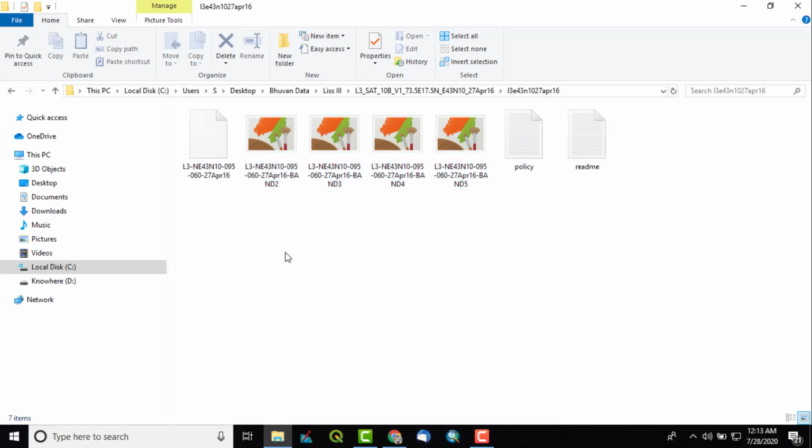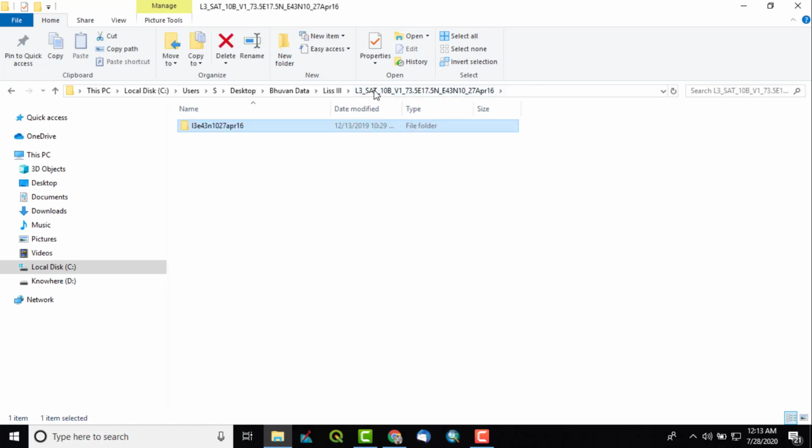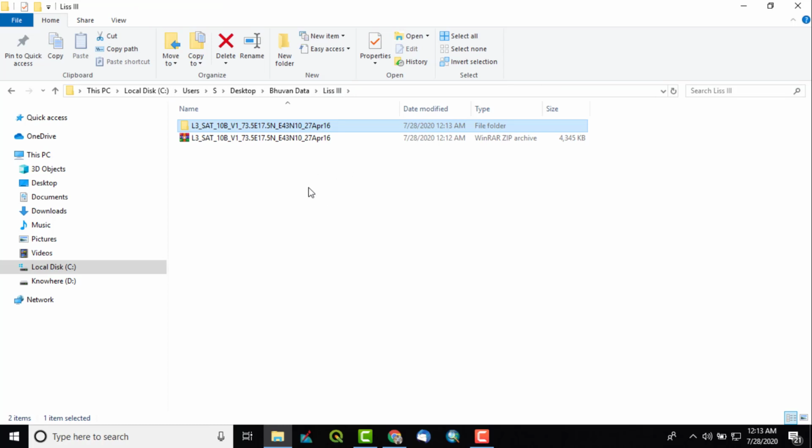They are red, green, blue, green, red and infrared. So these 4 bands are there. The other files are some supportive and other information files. In such a way you can download.